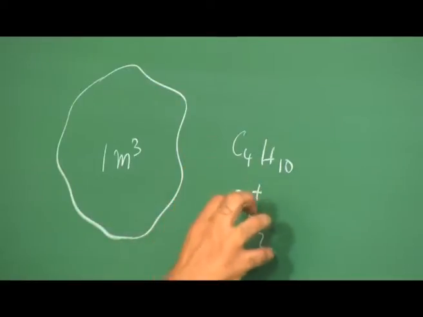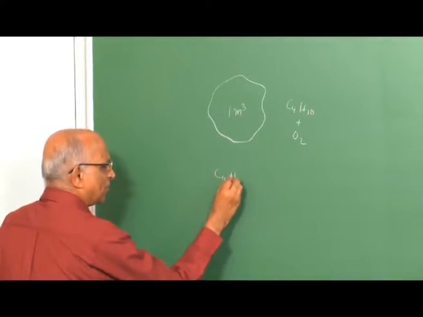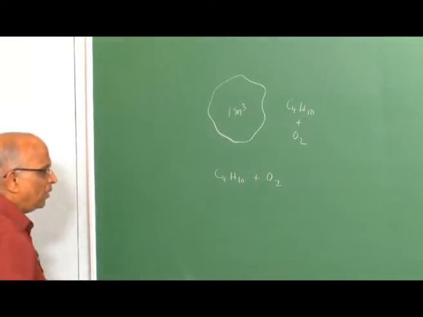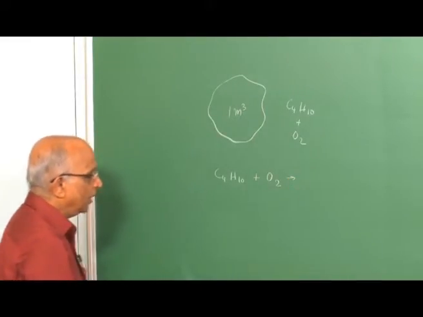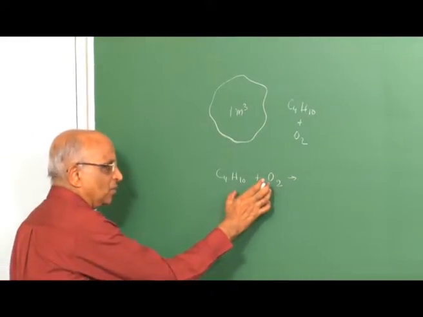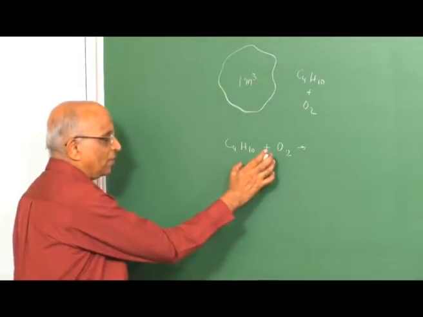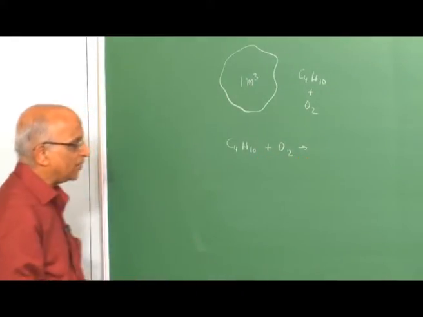Explosive is when you have fuel and oxygen mixed together, which can release some energy. We want to determine that energy. To be able to do this, we said, well, I have the fuel C4H10, which reacts with oxygen, but we do not know the products of combustion. If we know the products of combustion and we also know the reactants, we can find out the heat of formation of the products, we can find out the heat of formation of the reactants, and the decrease in the heat of formation is the heat of reaction.